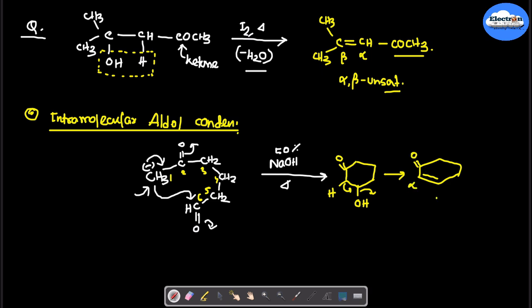So this is the alpha beta unsaturated compound and the previous one is the aldol. Because it is happening in a single molecule, it is called an intramolecular condensation reaction. So like this, that is all about the aldol condensation reaction. I think it is more than enough for you, and you can understand this by